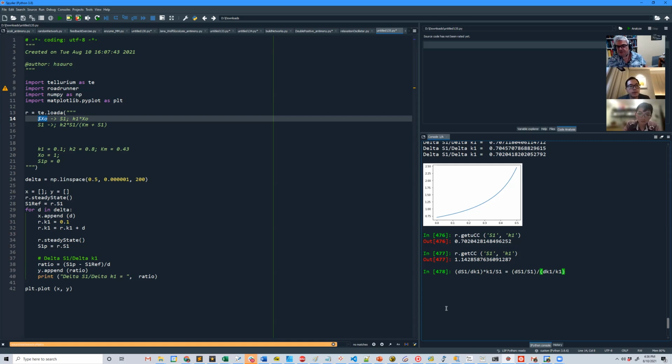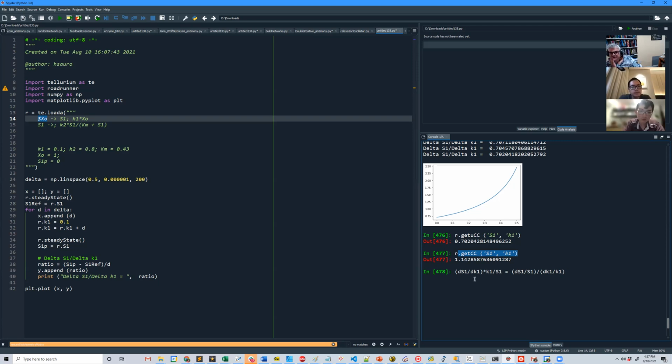I've done something naughty and split the differentials, but we're among polite company. If d were a delta, that's actually a relative change, basically a percentage change. So it's a percentage change in S1 divided by a percentage change in K1. That's why the scaled ones are much more useful experimentally, because it's much easier to measure percentage changes than absolute changes,